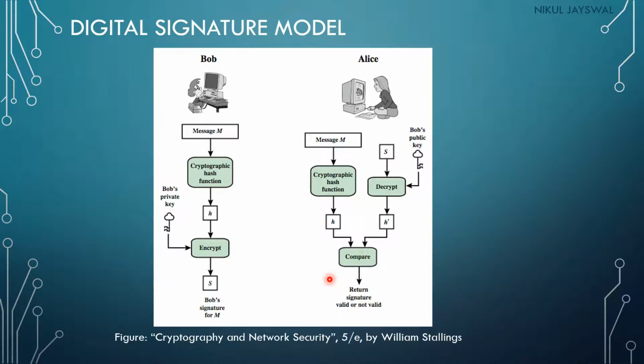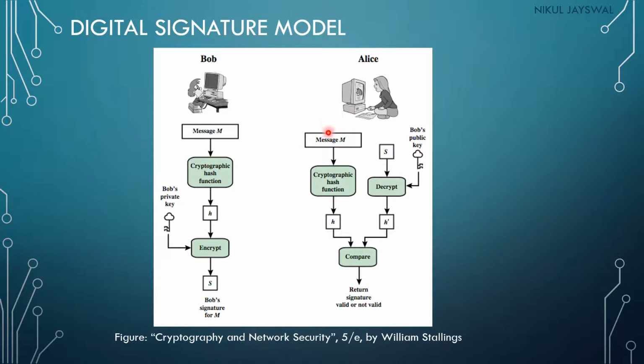So this is how the signature will be generated and the signature will be verified. Again, let's discuss how the signature will be calculated. First, Bob will take the message. It will give the message as an input to the cryptographic hash function. The hash function will calculate the hash value. That hash value will be encrypted by Bob's private key. And when we encrypt the hash value with Bob's private key, then that ciphertext will be called a signature. Now we will append the signature with the message, and send it to the receiver side. So here it is Alice.